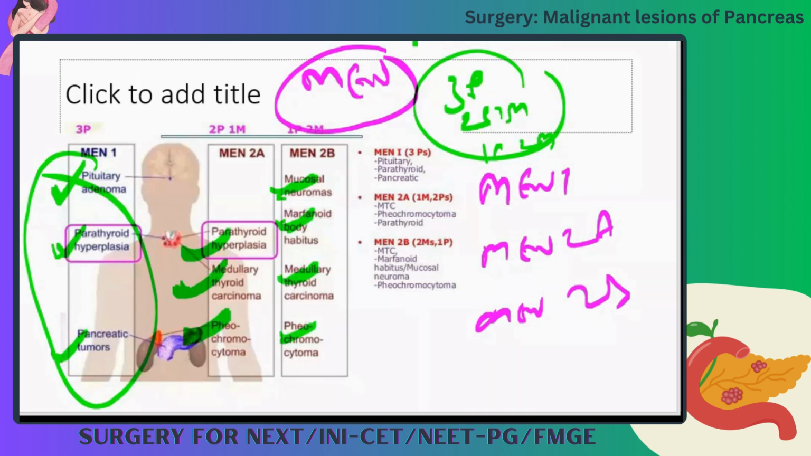So here one question which I'd like to ask is, most common pancreatic tumor in MEN 1 syndrome. I told you pancreatic tumor, but the most common in MEN 1 is